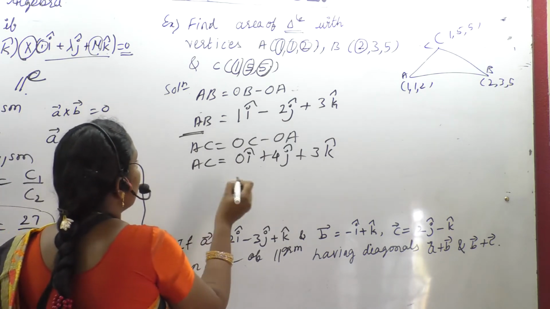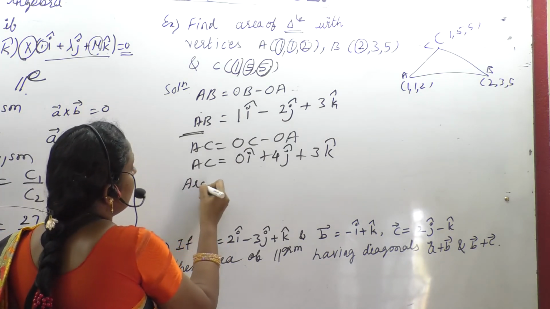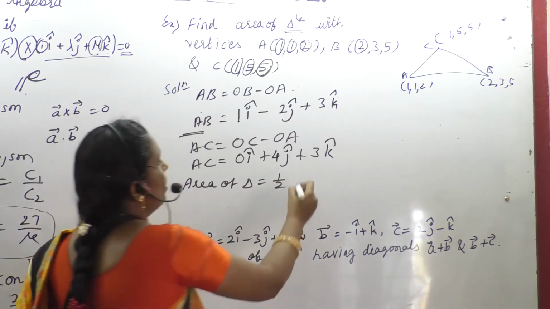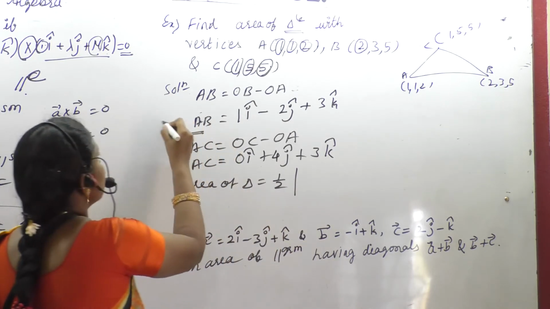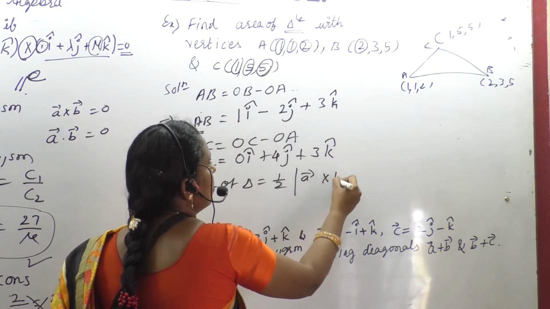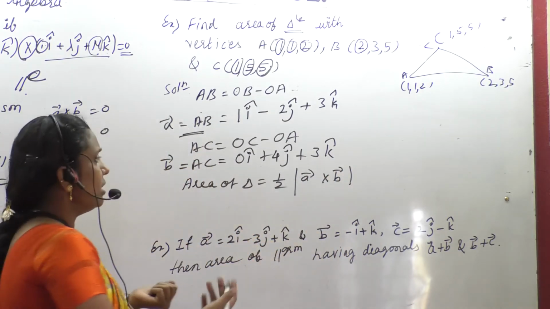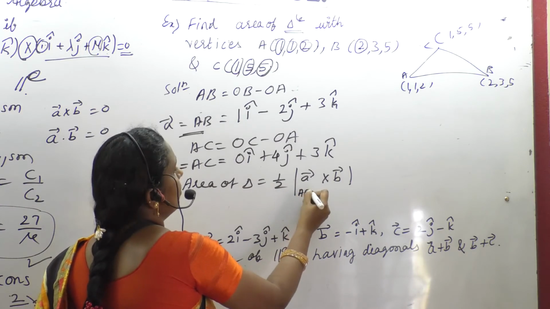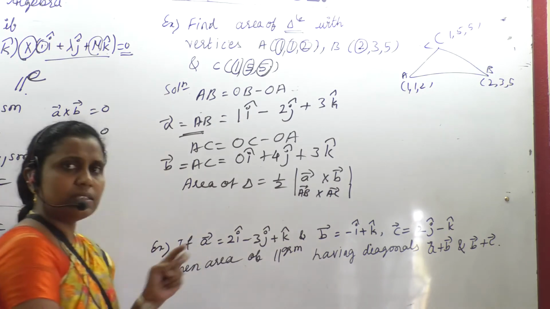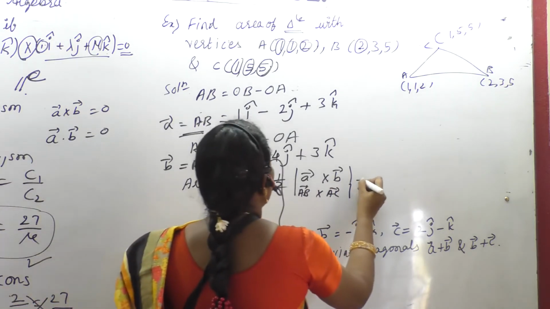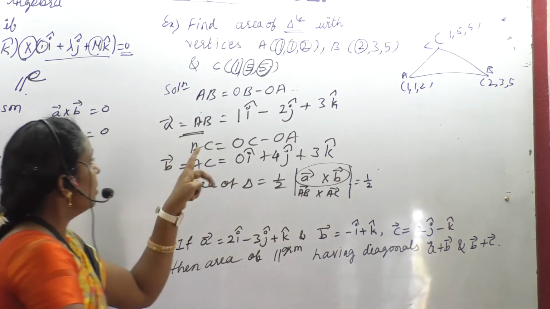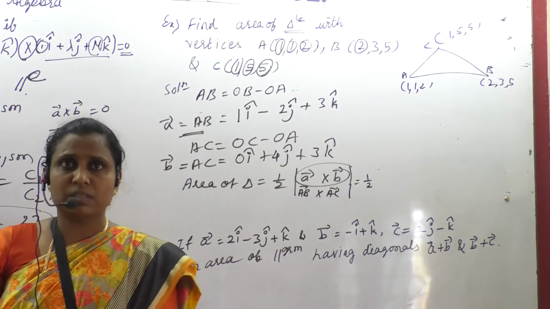Next, area of triangle. Area of triangle is given by half. If I take this as A and this as B, is it not A cross B? By the formula, B cross A. Otherwise you can just even write AB cross AC. It is your choice. Both give the same meaning. Now again 1 by 2 A cross B. A is there, B is there. Just go for the cross product.